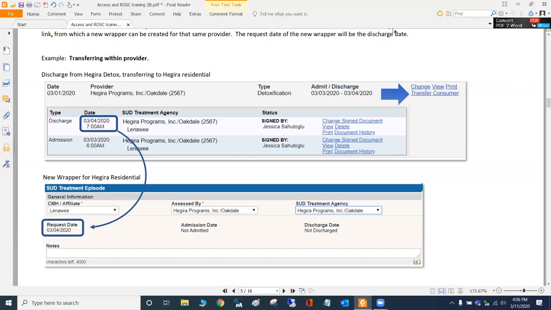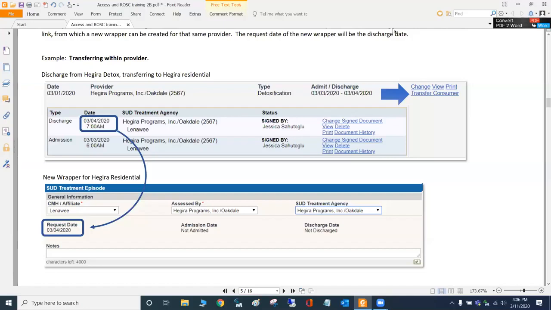Okay, so how the process works on our side is someone would come into detox, for example, and while they're in detox, they'll do their full level of care assessment and might transition to residential, or maybe residential plus an outpatient service, which might be psych or case management, or they might start doing an outpatient group. So there might be a lot of services happening at the same time. Right now how it works is we'll have a wrapper for detox, so that seems pretty clear, and then a wrapper for the residential portion, and then a wrapper for the outpatient portion.